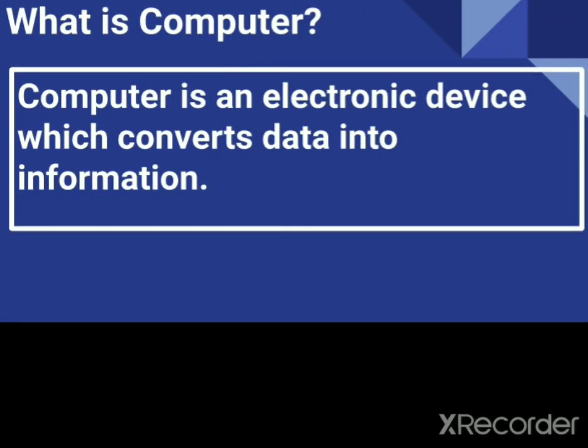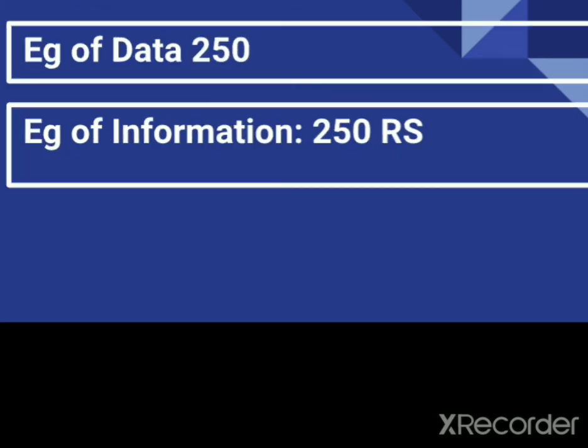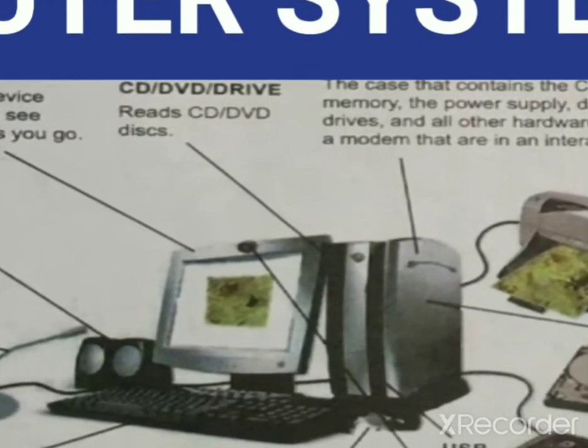So again we'll see the definition in short, if we want to understand. Simply, a computer is an electronic device that converts data into information. Data can be anything, raw data, it can be text, numbers, randomly arranged data, but when we organize it, when the machine interprets it, it is organized to make it understandable regarding what it is. So the final result is called information.